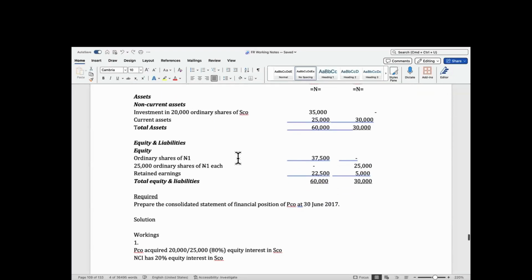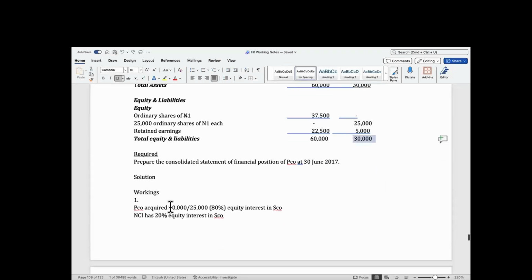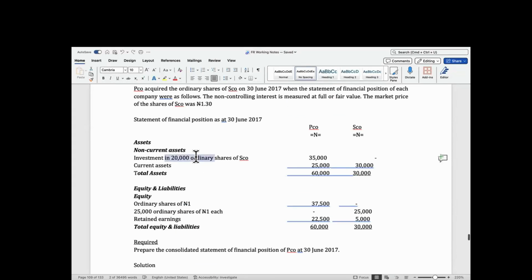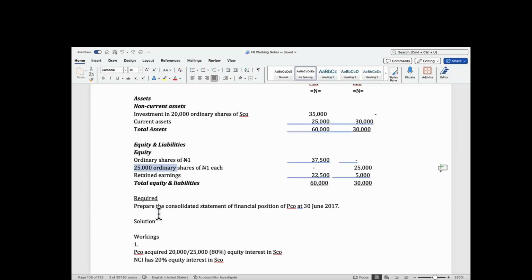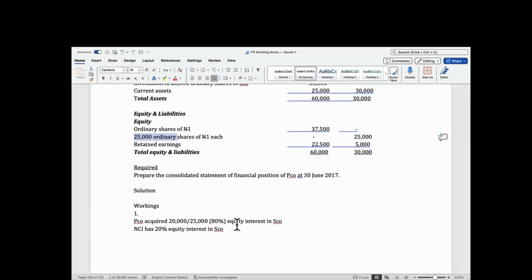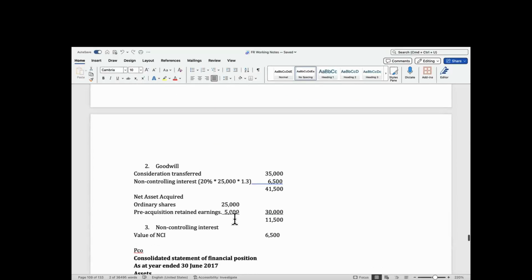So first, we need to cancel out this against this equity. We identify that the parent has 80% holding in ESCO by looking at 20,000 shares they acquired over the total shares of the subsidiary, which is 25,000 shares. That's 80% holding in ESCO. The NCI has 20% holding in ESCO. So, cancellation, the investment of 35,000 for 80% holding,